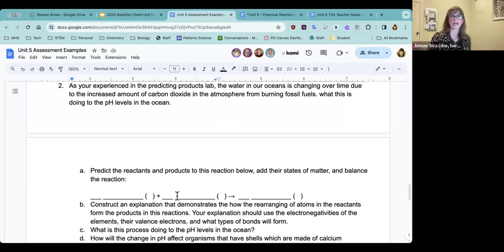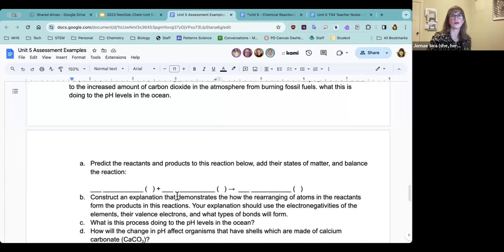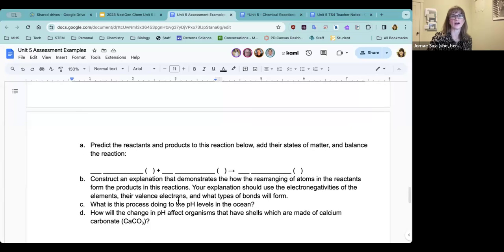Students are writing out the reaction and balancing it on their own. And then they are constructing their explanation about how that carbonic acid would be forming in the ocean water. And then the follow-up this time, instead of it being like a nutrient cycle, would be about what's happening to the pH levels in the ocean and how that could then affect organisms that have shells, which are made of